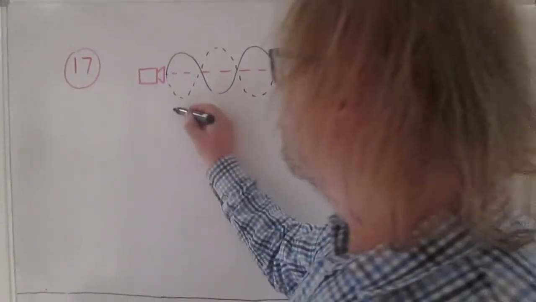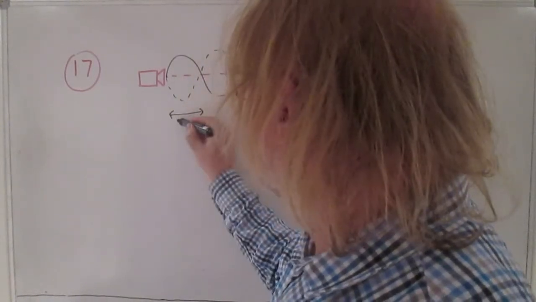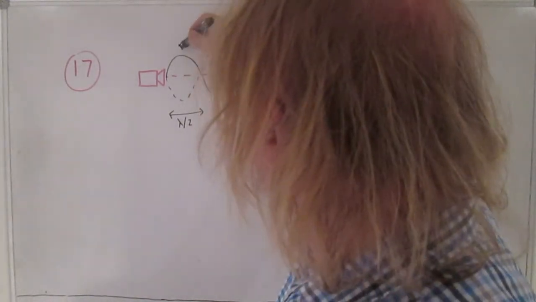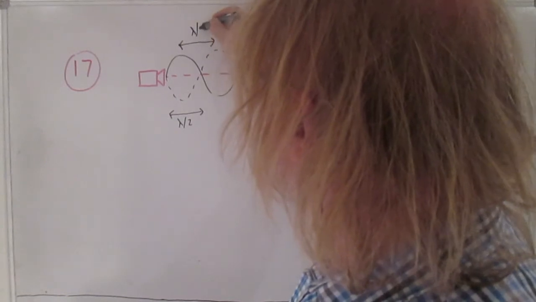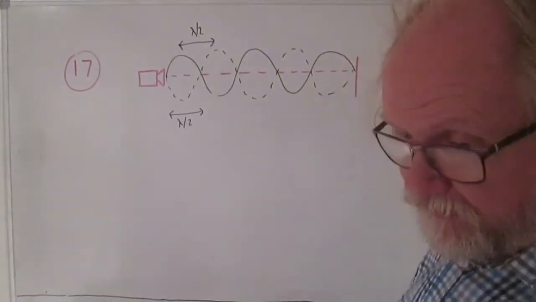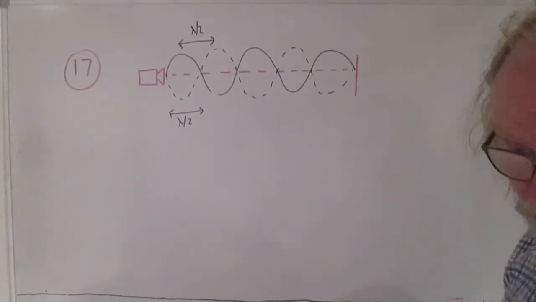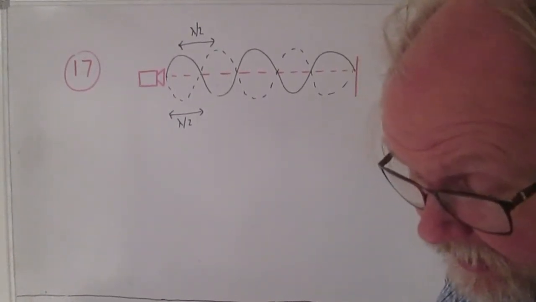And again, the important thing is that the distance between successive nodes is lambda over 2, and likewise, of course, the distance between successive antinodes, which are the maxima in intensity, is also lambda over 2. So we have to look at these things and say which of these statements, A, B, C and D, are compatible with that result. So the first says that the distance between two maxima could be 15